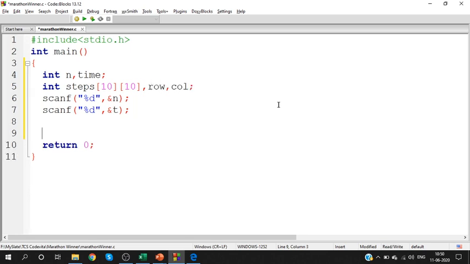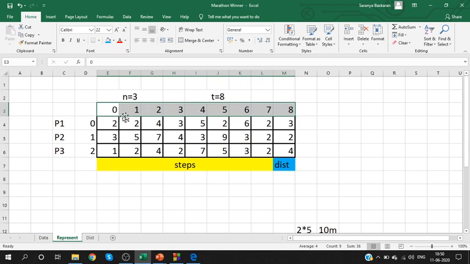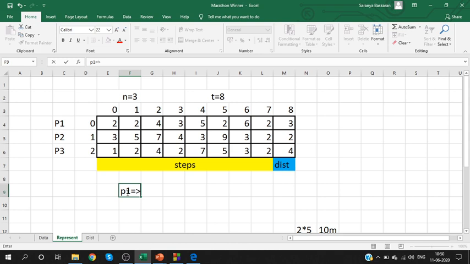How are they going to give us the data? First, they'll give the data for participant 1. For participant 1, how many data values will be given? 9 data values. So, for participant 1, the index starts from 0 to 8. What is this 8?